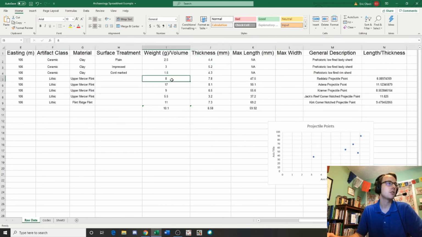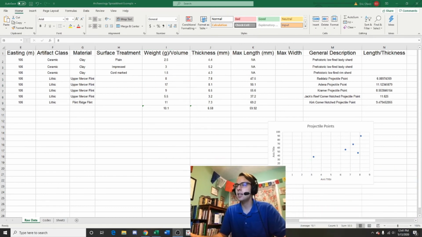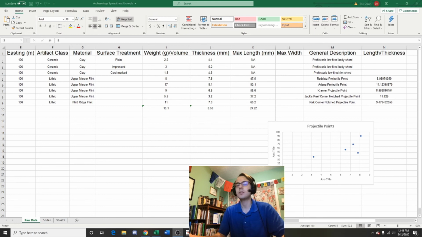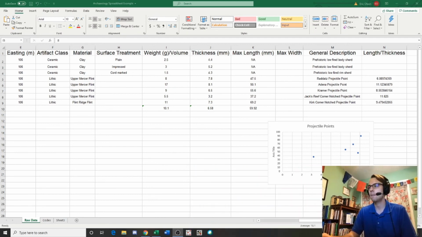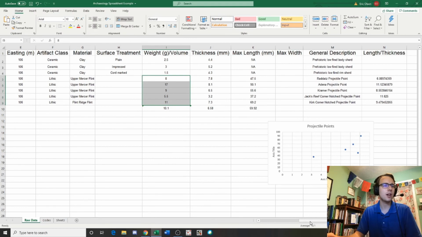numbers, so let's just go over to weight. If I do shift down, down, down, down, you can see down at the bottom that's actually going to spit out the average, the count, and the sum. So it's already going to auto-generate those basic descriptive statistics just by highlighting those cells. So sometimes you don't even need the function, at least in Excel, to calculate these basic descriptive statistics. But remember, we're trying to do a bar graph